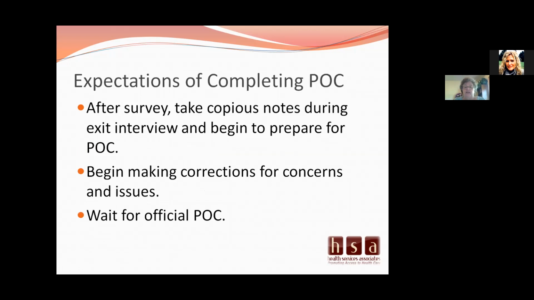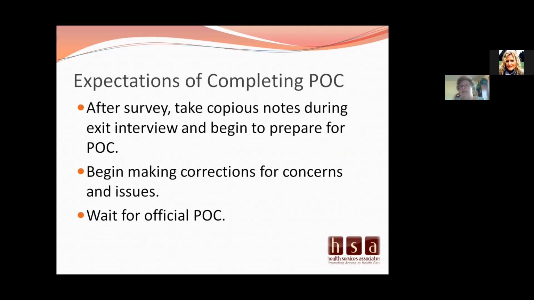So what are the expectations? Well, after survey, as I said, take copious notes during the exit interview so that you can begin to prepare for the plan of correction. Begin making corrections for the issues and concerns that were stated.